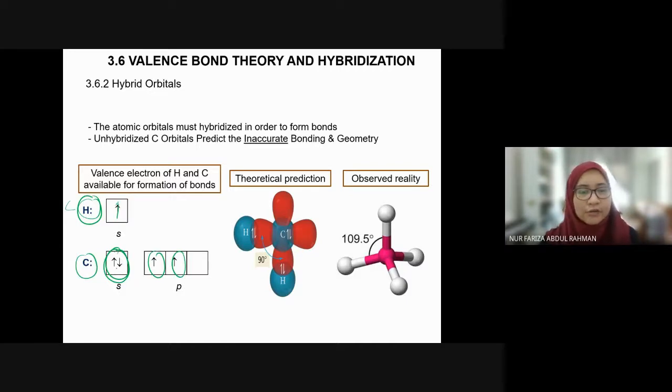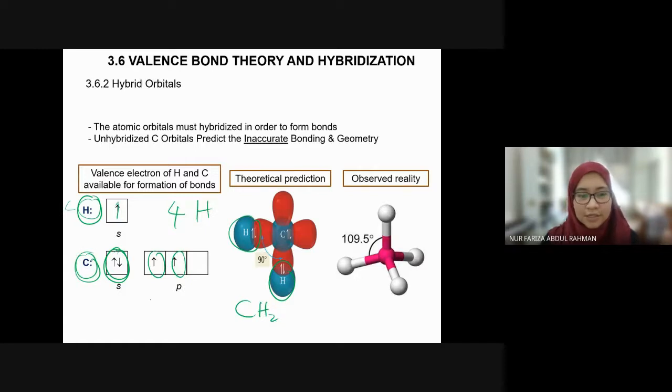Okay, so initially this is how carbon looks like. Dia ada 2 je unpaired electron, tapi ada 4 hydrogen nak masuk ni. So how do you explain this? Kalau based on this, you akan dapat 2 hydrogen saja yang masuk. Is this possible? Do we have CH2 without having double bond